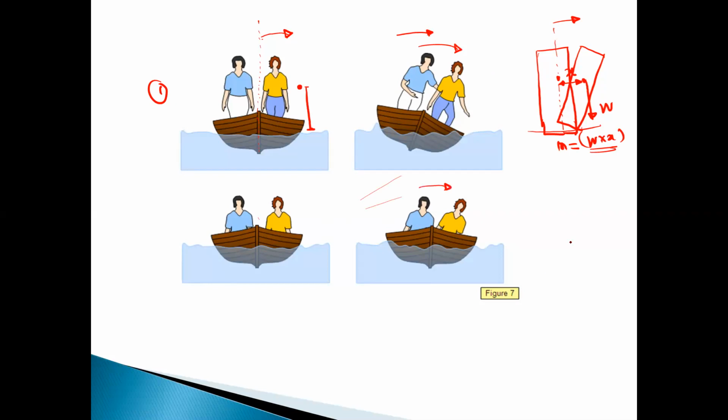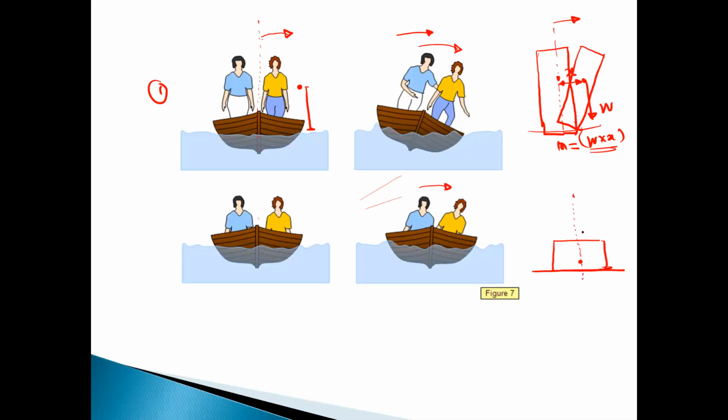If you observe the second diagram where the two persons are sitting in the ship, if they slightly shift on one side, so this is the schematic diagram. If this is the free surface of the water, and this rectangular block represents these two persons. Okay, so somewhere here we will have the center of gravity, which is quite close to the ground. Okay, and this is the equilibrium axis.